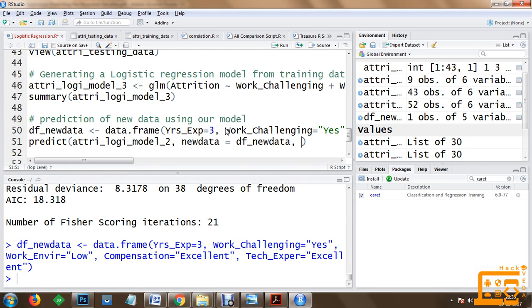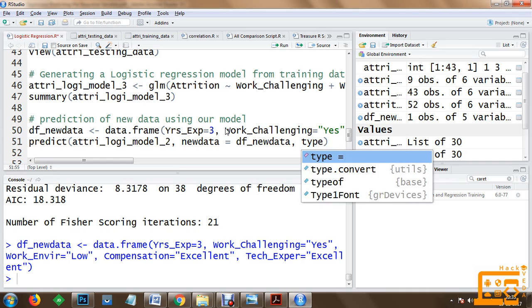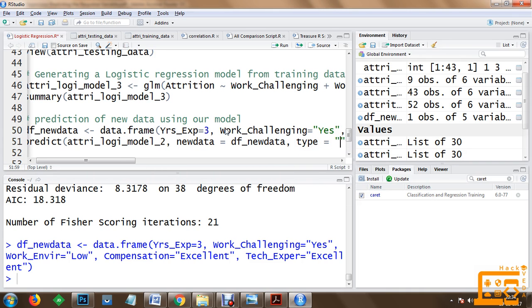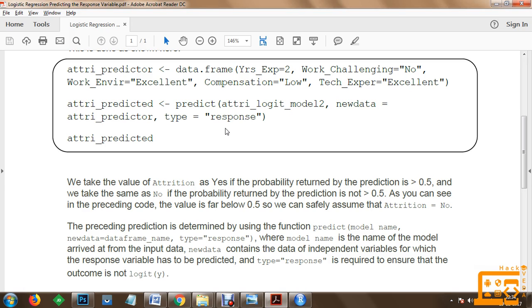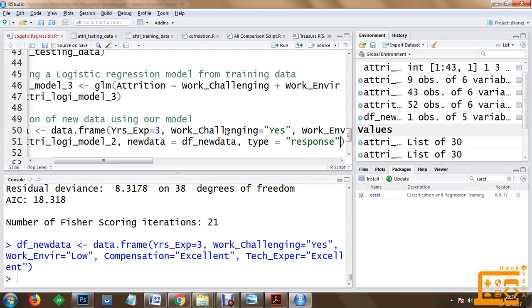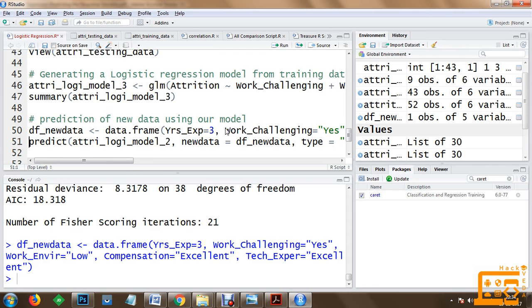The third information is the type, and the type should be response. So we have got the complete information here. Now we are going to test this prediction, and we put the attree predict information into this.